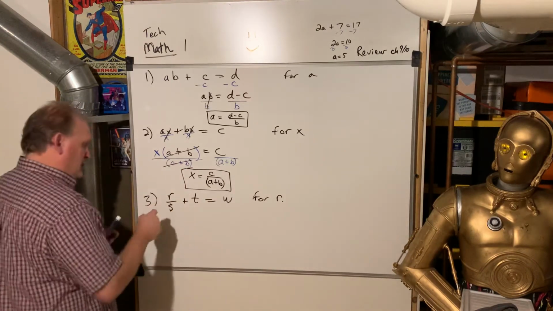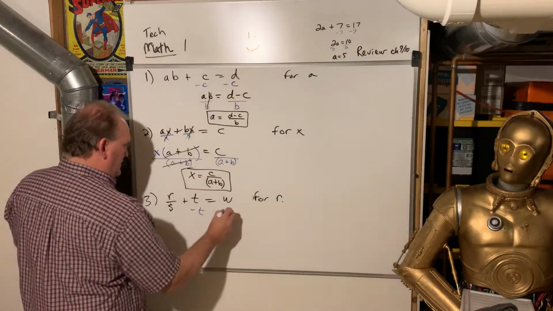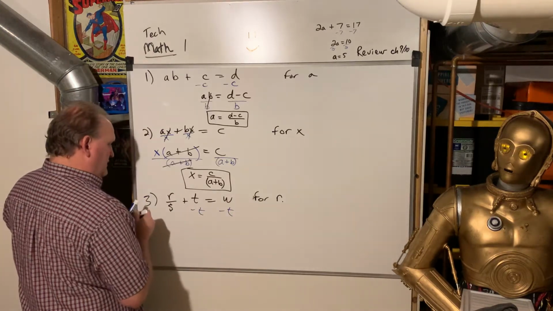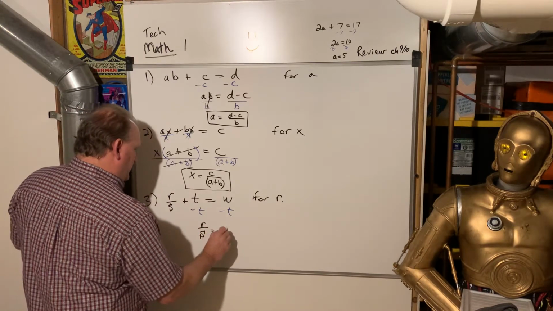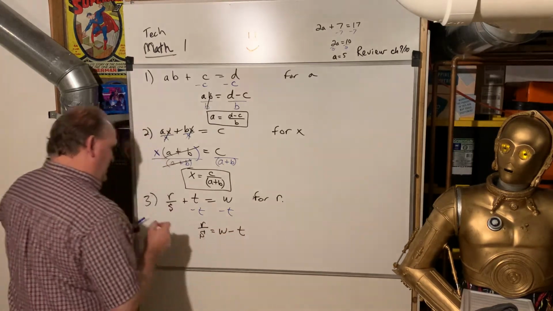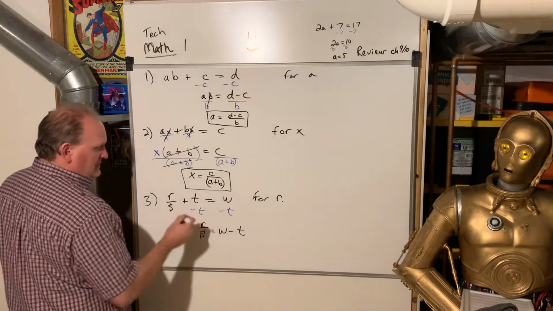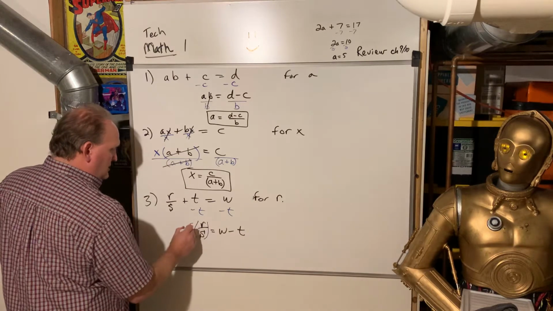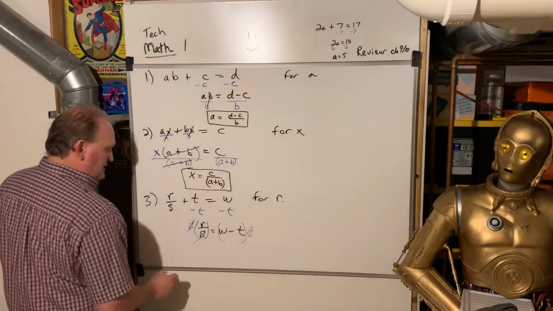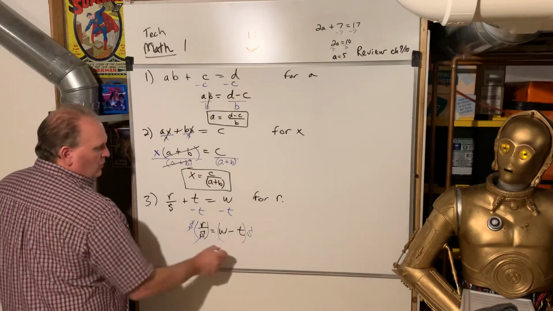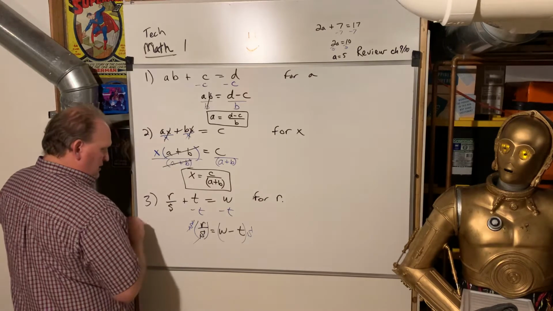Solve for R, so here we go. We subtract T from both sides, and we get R over S is equal to W minus T. Now this is interesting because they're dividing by S. To undo that, we multiply both sides by S. And here, the S's cancel. Or if you want to think of it as over 1 and cross multiply and solve, you get R times 1 is R. Either way,